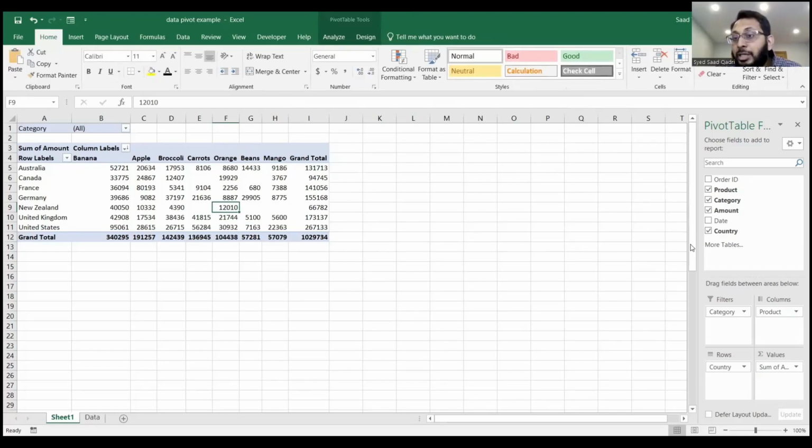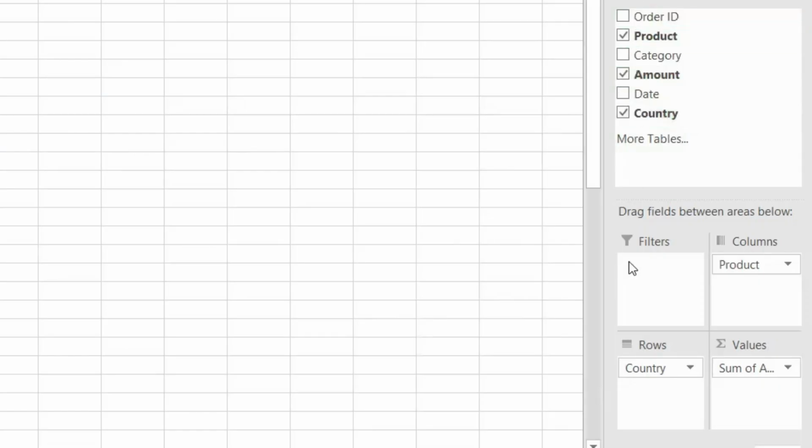And let's reorganize our pivot fields. So let me uncheck category. So if you uncheck anything from the list at the top, it disappears from the bottom area. And let's put the country back in the filter